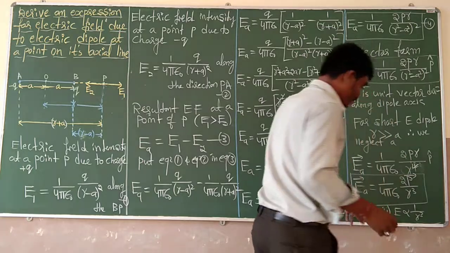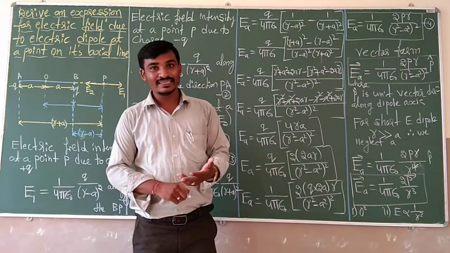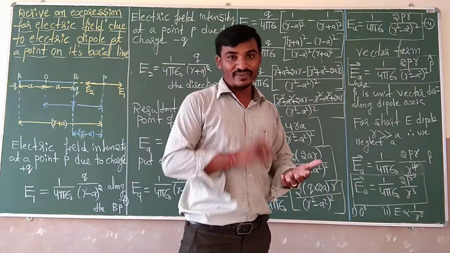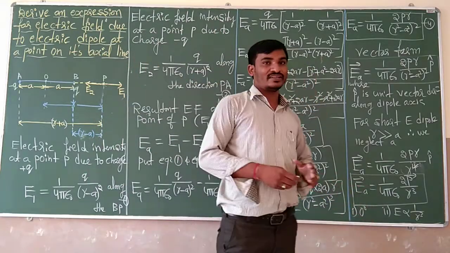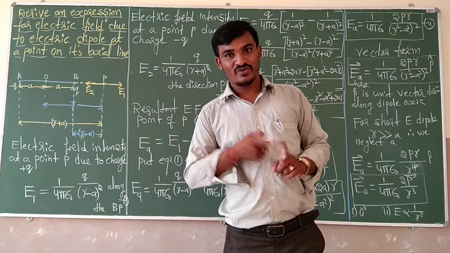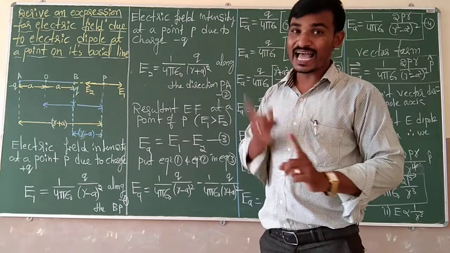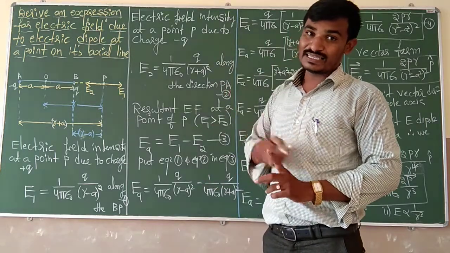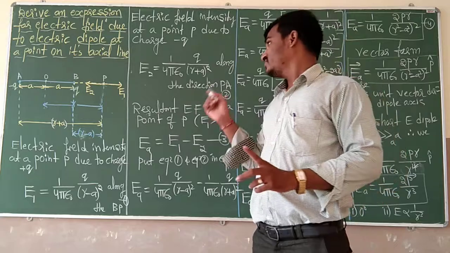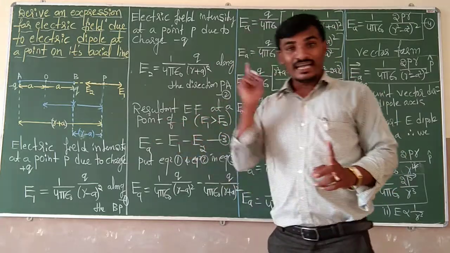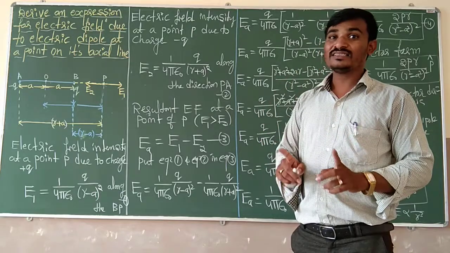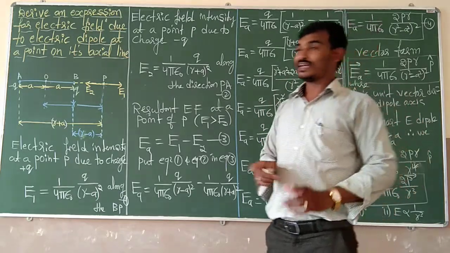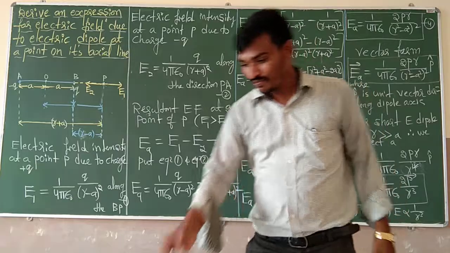So here, what is the angle between electric field and dipole axis for axial line? We have to say that it is 0 degree. They can ask for 1 mark: what is the angle between the resultant electric field as well as dipole axis? It is always 0 degree. Okay. This is very important for